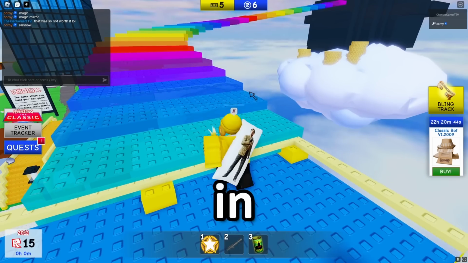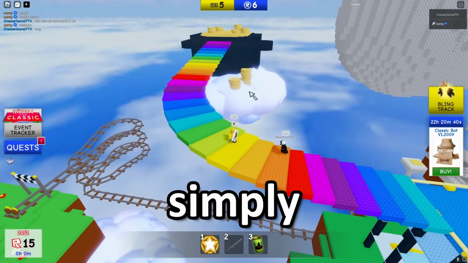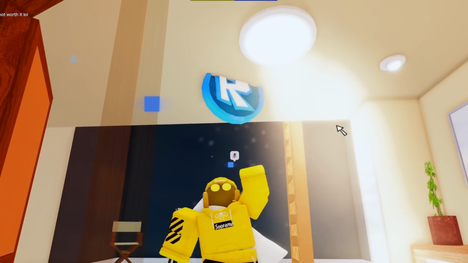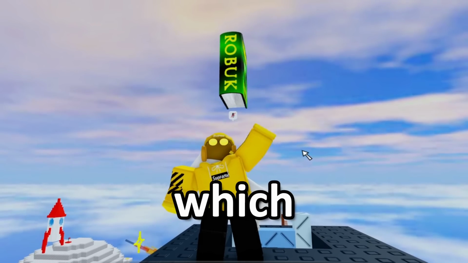Until somebody told me in my chat that if you typed rainbow, a rainbow path would appear and you could just simply walk in it. And inside, there's a little wardrobe. Pretty sick. Then after that, I went ahead and started collecting the 10 books, which I'm not going to explain